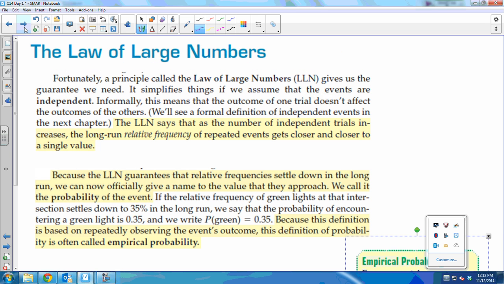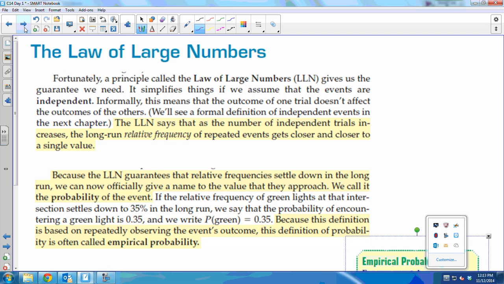Now, if you're assuming, which we are in this chapter, that your events are independent, meaning they aren't related to one another. So every day you're driving from home to school is not influenced by the day before. It's a separate event. Does that make sense? That's what independent would mean in this case. All right? So it's completely separate from the day before. When you're rolling the die before had nothing to do with rolling the die now.